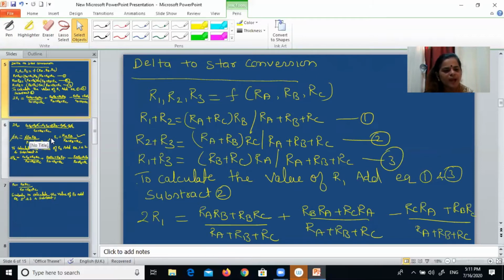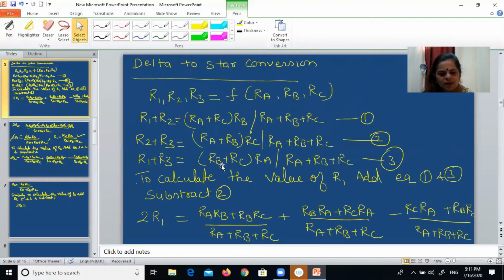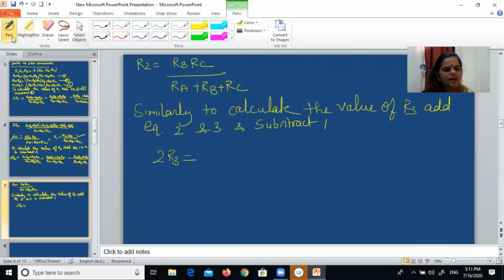So what am I going to get? 2R3 at the left hand side, and on the right hand side, we are adding 2 and 3, so RA RC plus RB RC divided by RA plus RB plus RC, plus